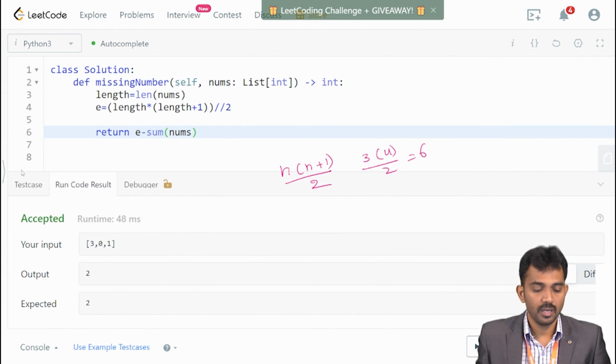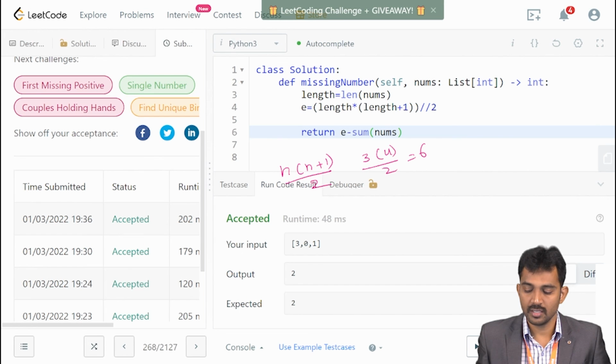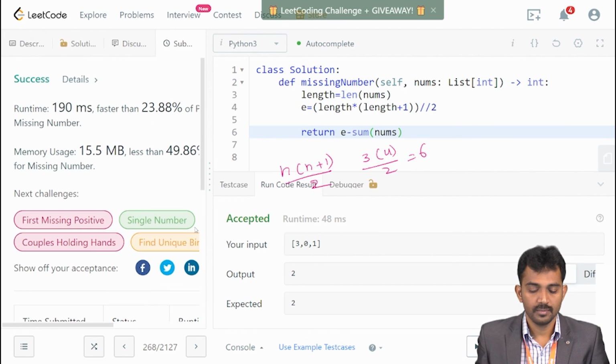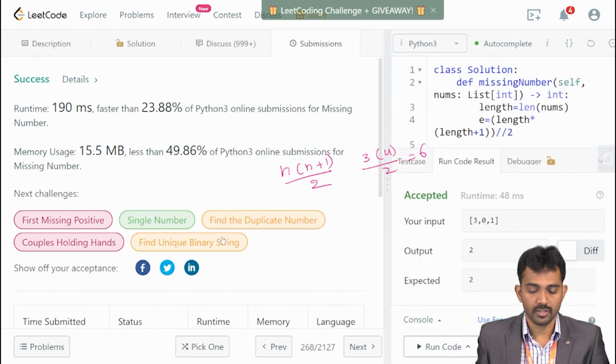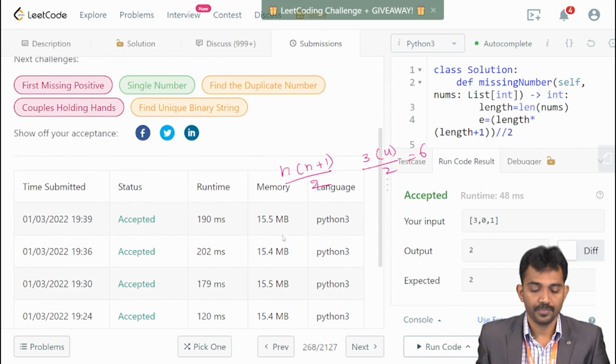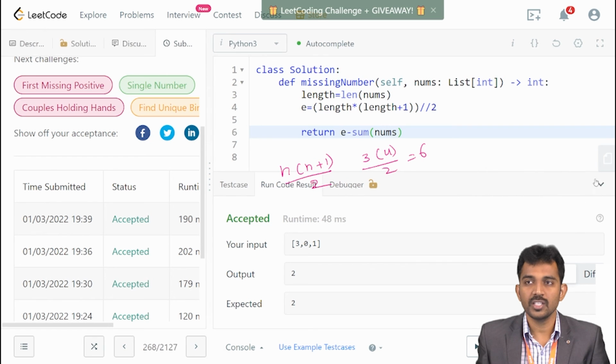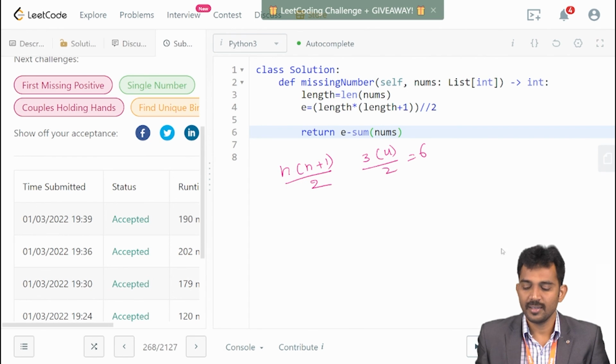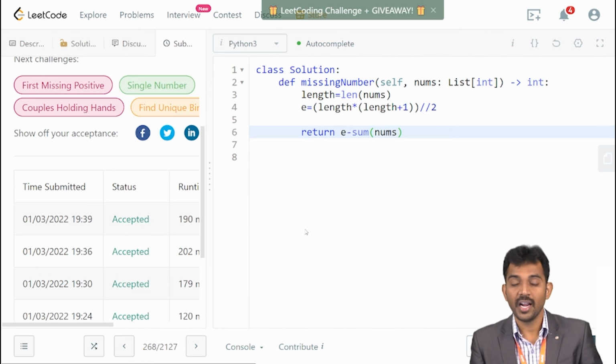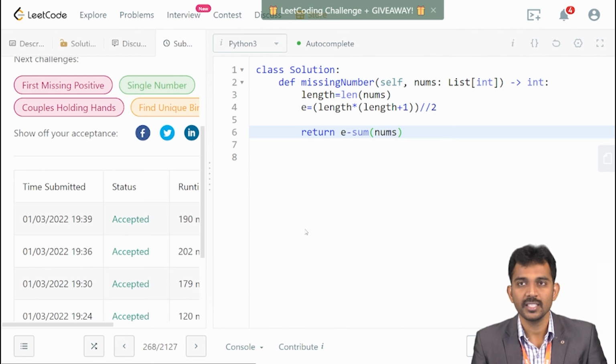Got it? And if you run this code, yes, it's also accepted. And if you observe this one, does it give constant time complexity? Because I didn't use any loops, and I used only a formula, right?